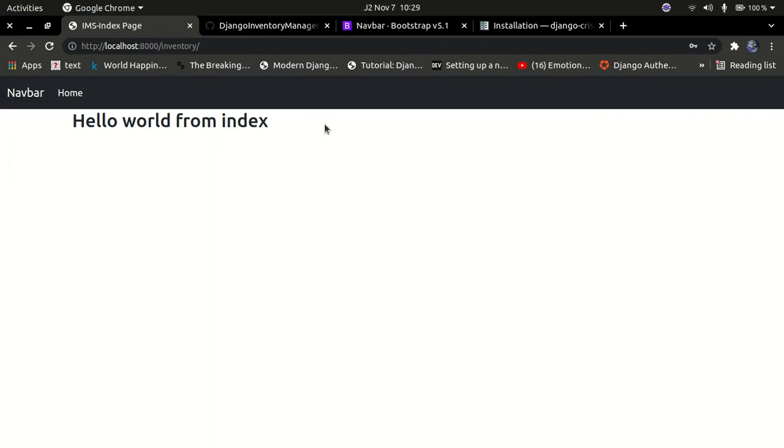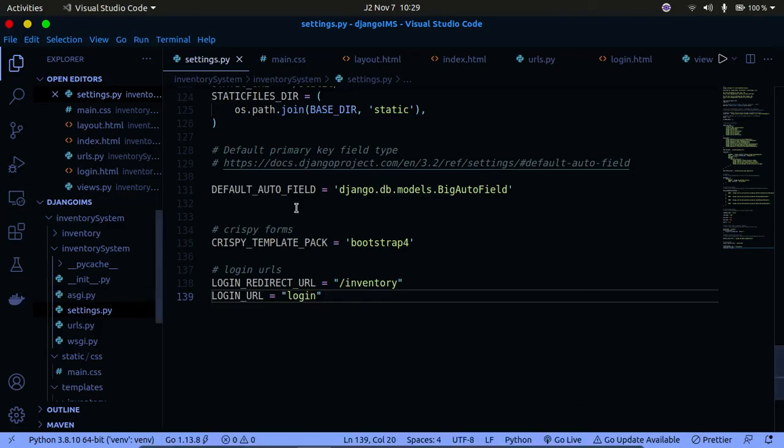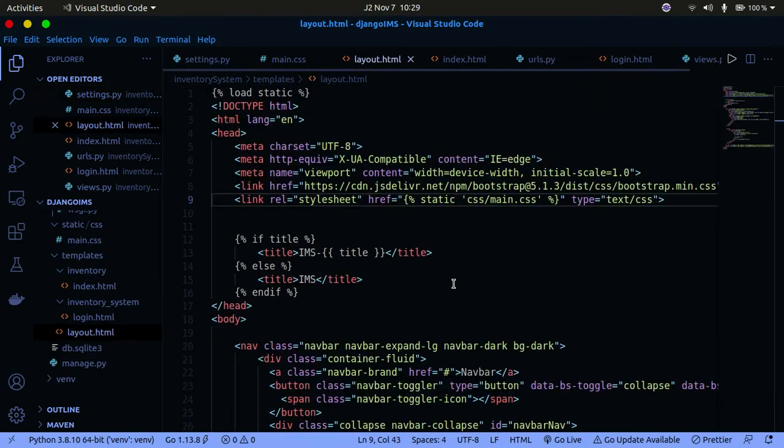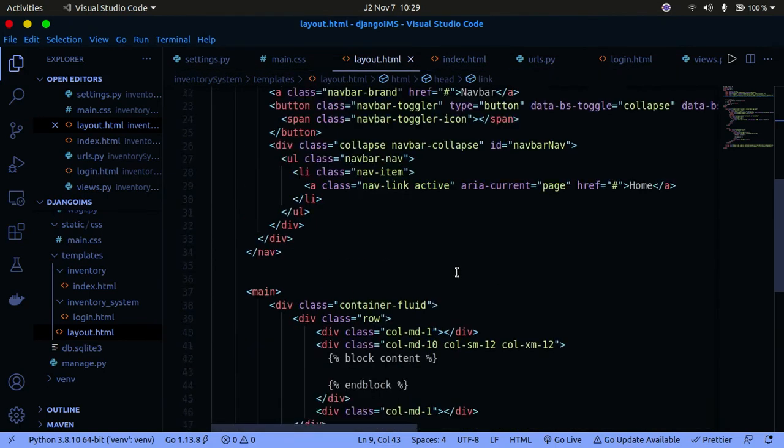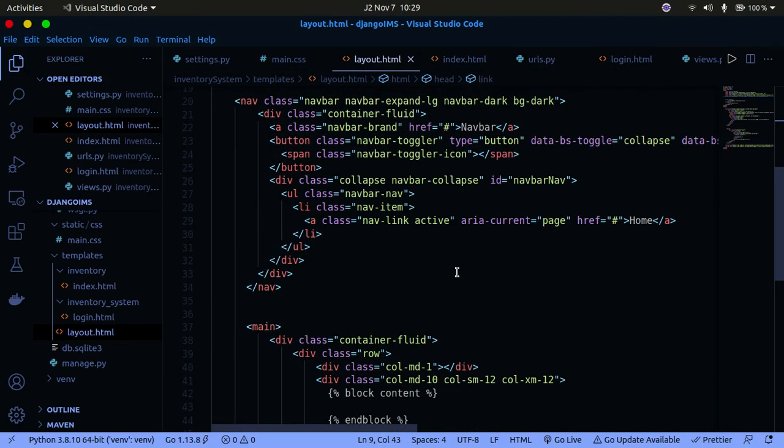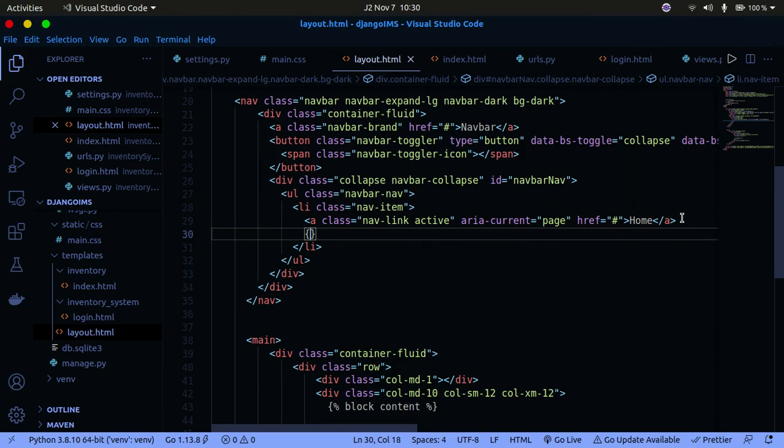Now I want us to edit something before we end this tutorial. Let's go back to our templates, and instead of inventory system, our login page, and then go back to our layout.html. In our layout, we'll display some specific features to the user, else we will not display those features. Let's go back here, I'm going to create a code block and pass in those two parameters, and I'm going to check if